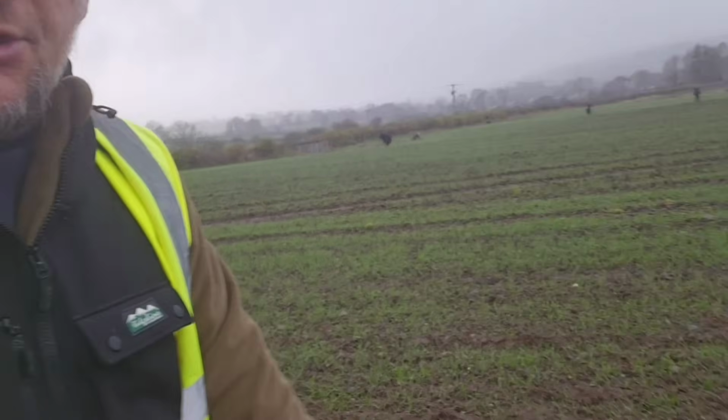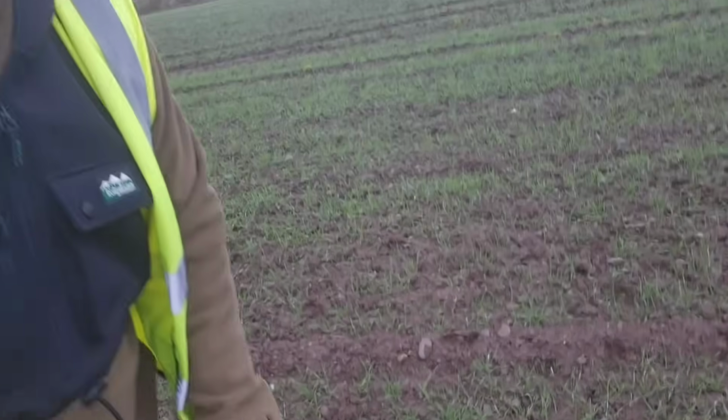As you can see, I'm walking on seeded land. Now, the farmers don't often allow us the privilege to detect on ploughed seeded land for obvious reasons. We've got to protect the crops. The seeds are coming up, so there's no spades today. People are just using the little digging trowels, and I suspect there'll be some interesting coins and artifacts off this